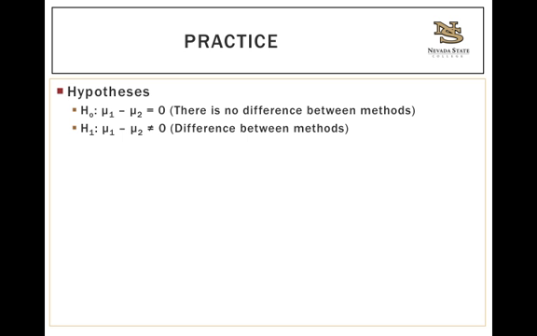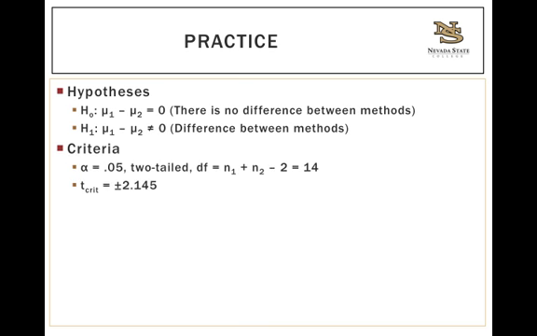Of course, our alternative hypothesis is that students would drink different amounts depending on how they got the information. So we're going to use an alpha of 0.05, two-tailed because we're only looking for a difference. Our degrees of freedom in this case is 8 plus 8 minus 2, which is 14. And our critical T,